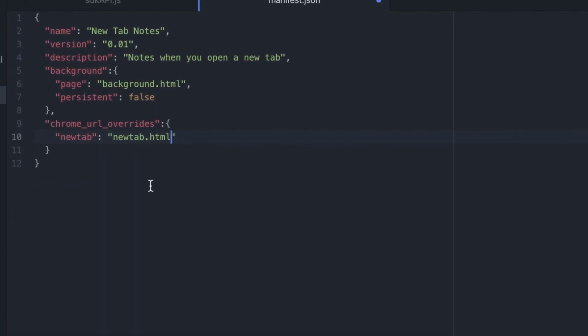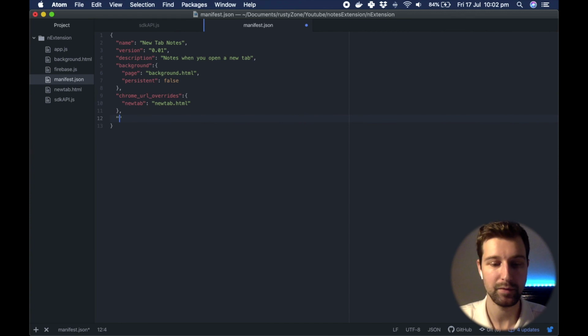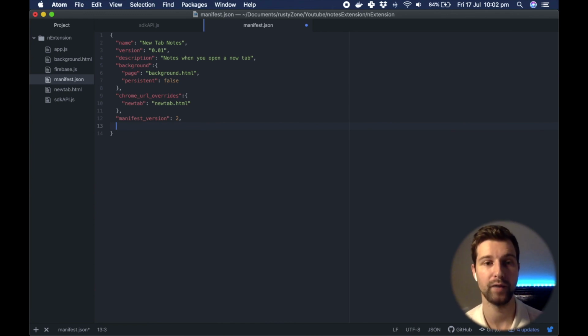So there we have it, new tab. And then down here, we're just going to say manifest version. I'm using version 2, so it's probably the same for you as well. And then the last thing we need to put is the extra security options because we're making external calls to Firebase. So this is just called content